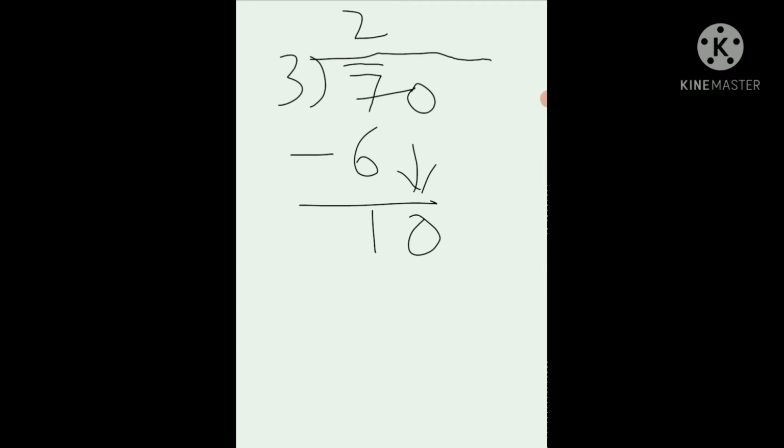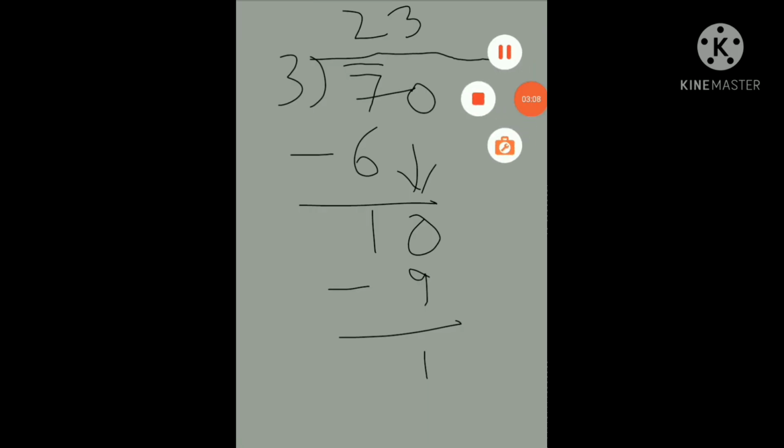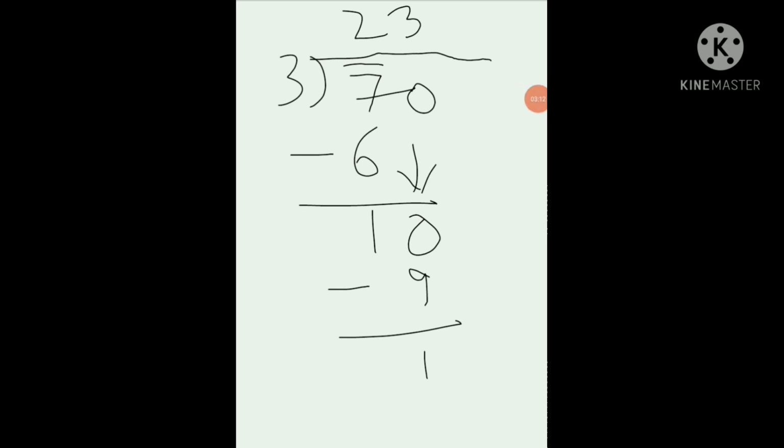Again you read the table of 3 so that we can get 10. You will not get 10 in the 3 table, so it will be possible how many times? 3 times. 3 3s are 9. When you subtract, you will get remainder 1. So I hope you know the division, and even I explained it in the class.